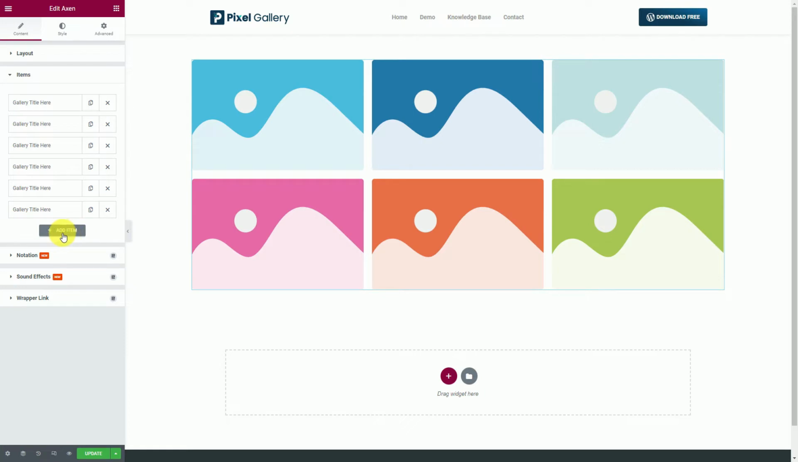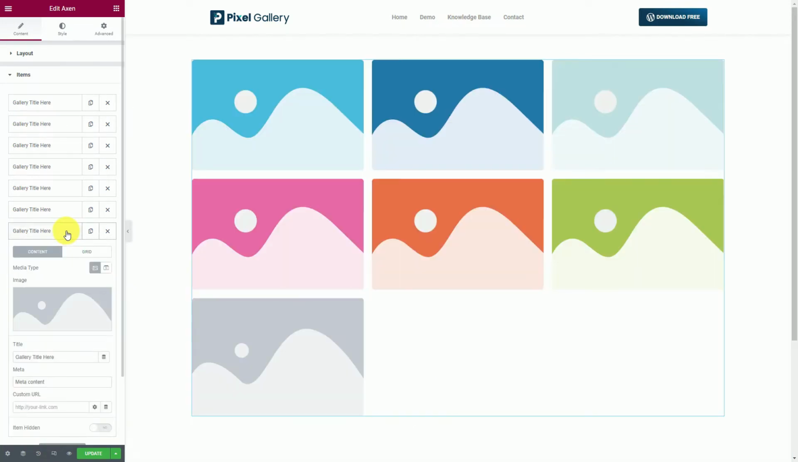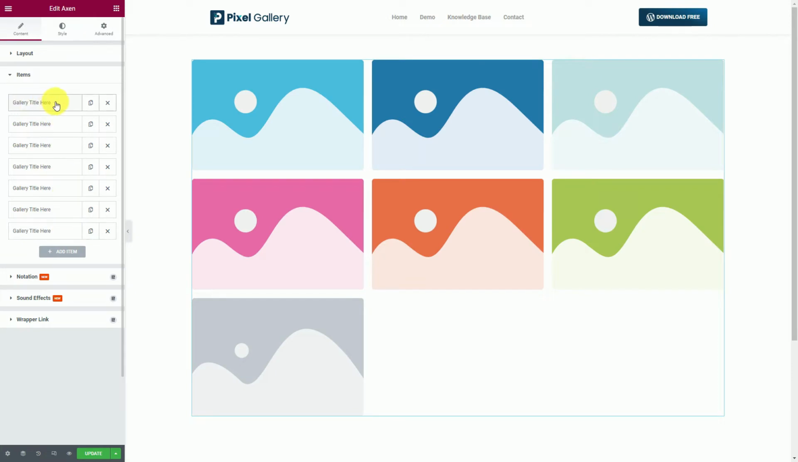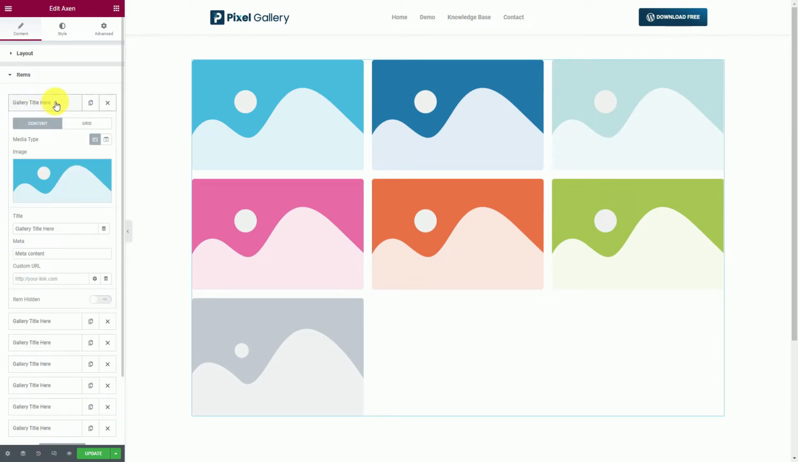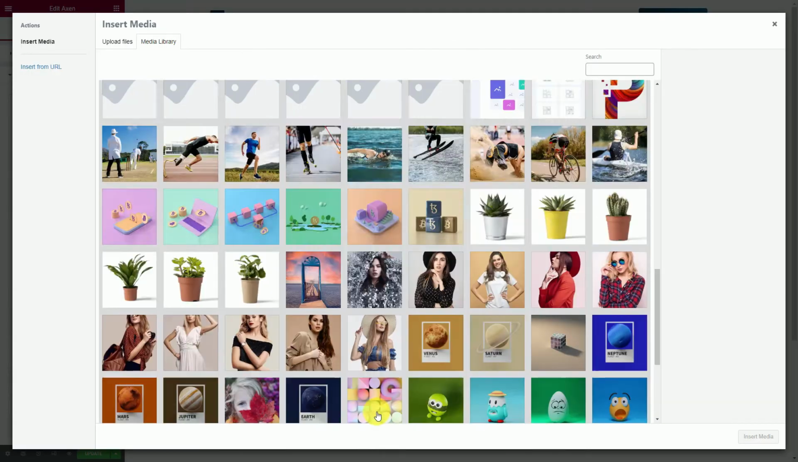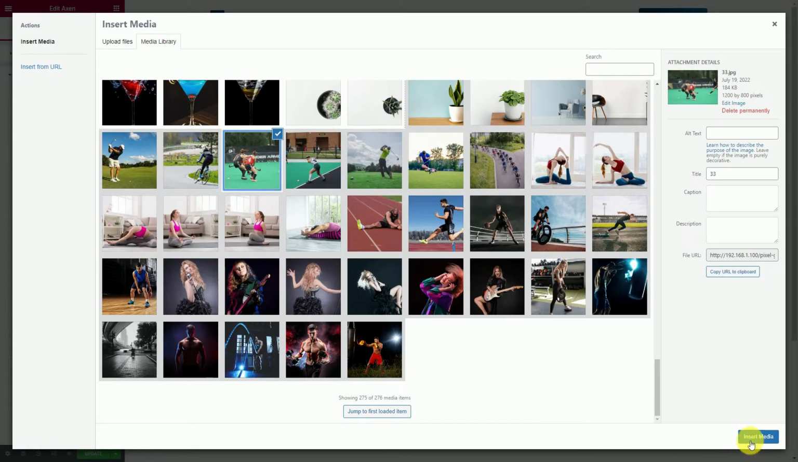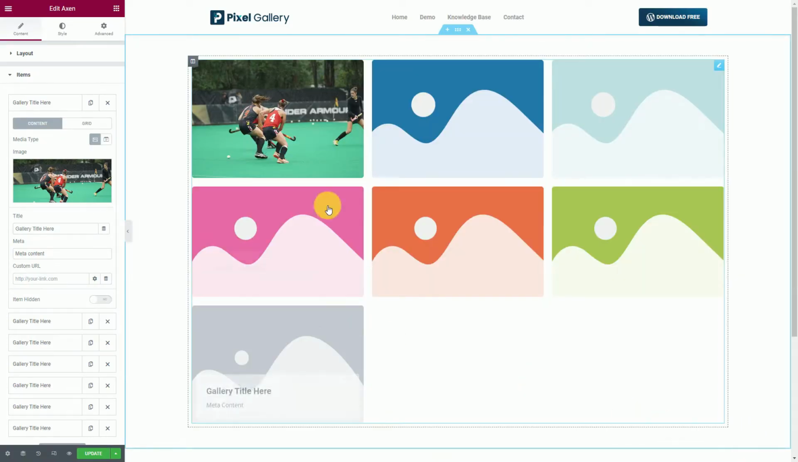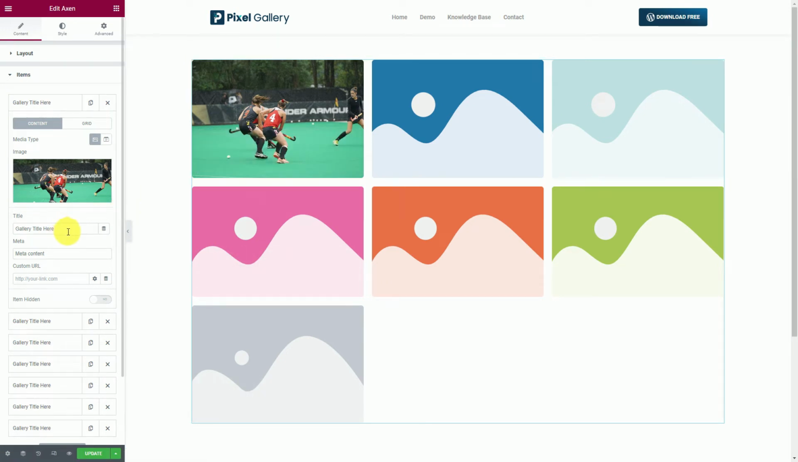There are 6 in the list by default. Adding more is easy. Just click on the Add New button. Each item window gives you an option to choose your media files, an image field, title, meta, and a custom URL field. Let's first choose our image. Then we can change the title, then the meta,